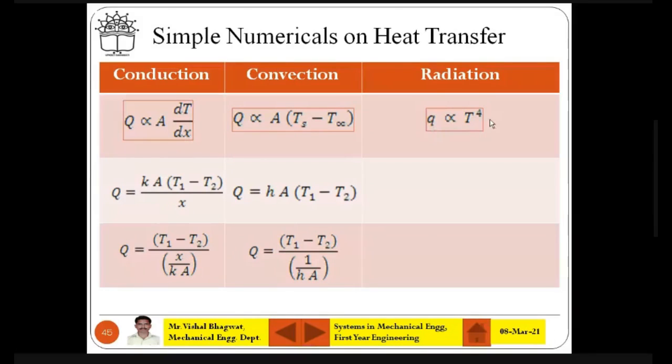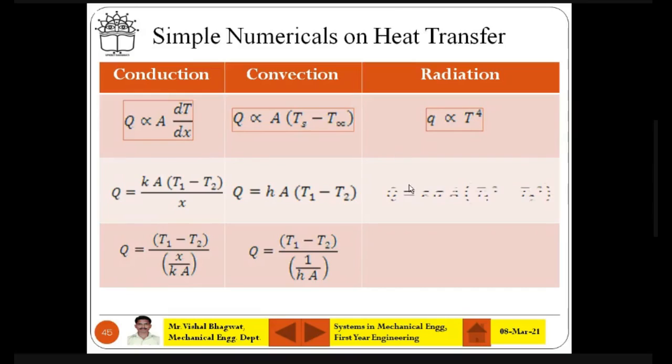Heat that you measure in capital Q is in watt, and per unit area means divided by meter square. So the unit of this emissive power will be watt per meter square. That watt per meter square is proportional to the fourth power of the absolute temperature. Of course, absolute temperature is measured in Kelvin, so Kelvin raised to 4.